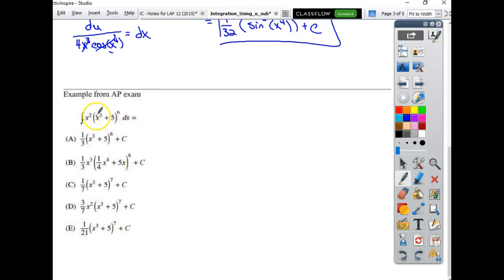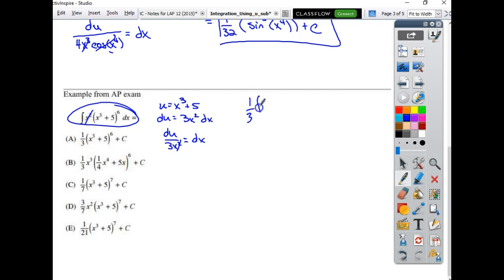In this problem, we can see that there's a chain rule being applied here. So if we let u equal x cubed plus 5, then our du would have to be 3x squared dx, or du over 3x squared is equal to dx. So if we were to rewrite this problem right here, we would catch that the x squared will cancel with the x squared, and we would have 1/3 the integral of u to the 6th du, which is 1/3 u to the 7th over 7 plus c, or 1/21